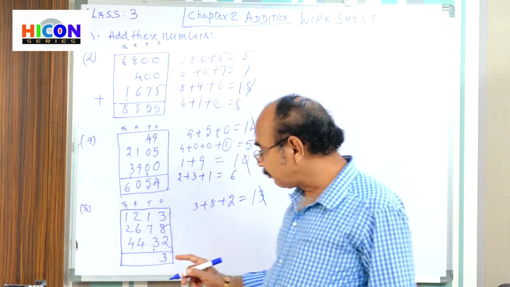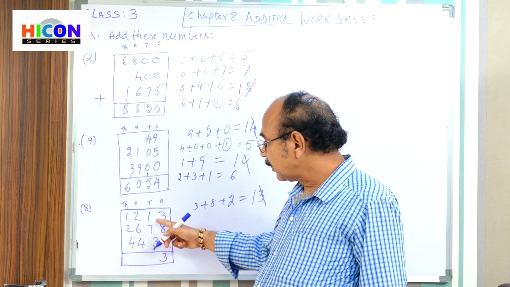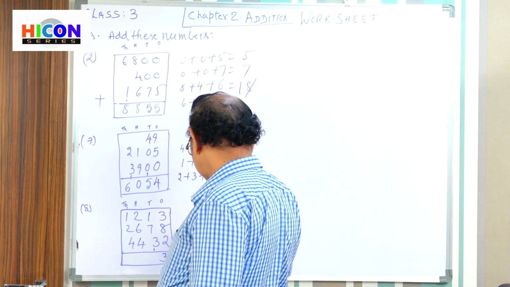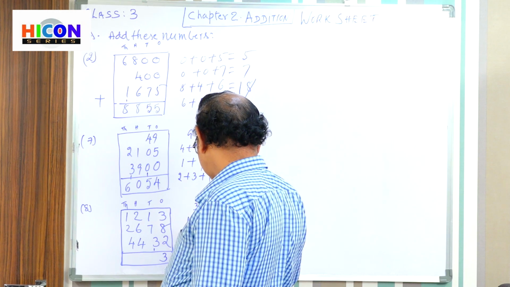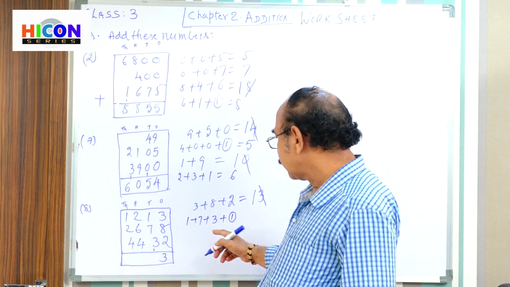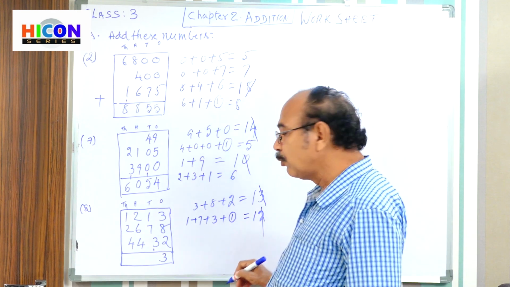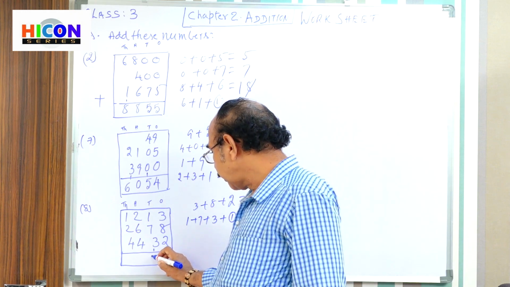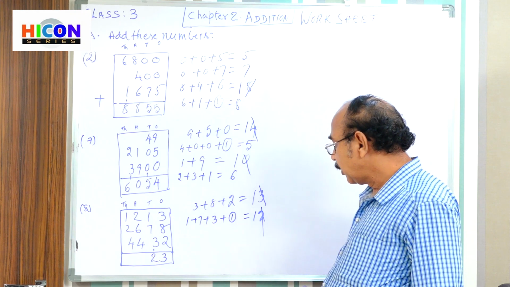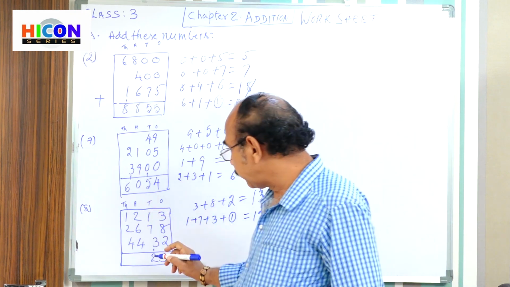Now add the digits of tens place. 3 plus 1, 4. 4 plus 7, 11. 11 plus 1, 12. So here what are the tens digits? 1, 7, 3, plus 1 is the carried number. So 8 plus 11 plus 1, 12 we got. Strike off 2. Write 2 in the tens place. Now 1 is there. That 1 is to be carried out to the hundreds place.